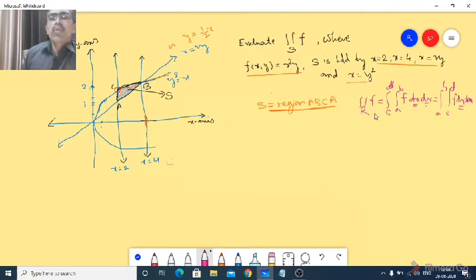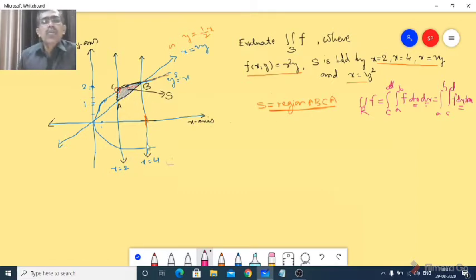Here our integral is of f over S, so you have to express this as a repeated or iterated integral, and then evaluate it. So first of all, we will express the integral as a repeated integral, and to find the limits of integration,